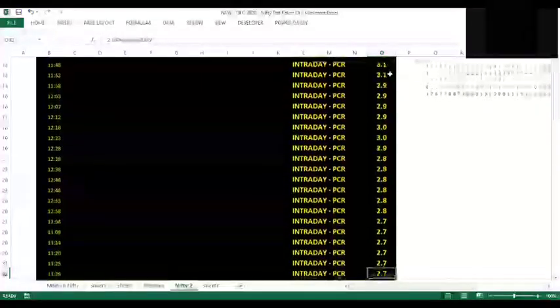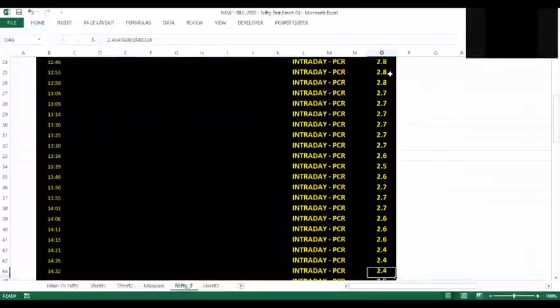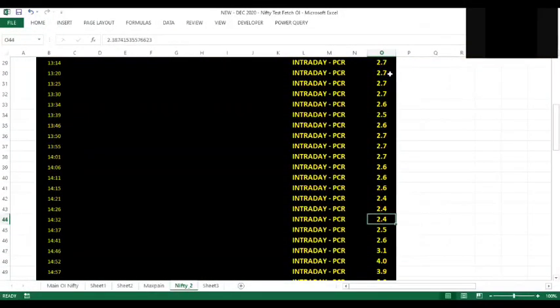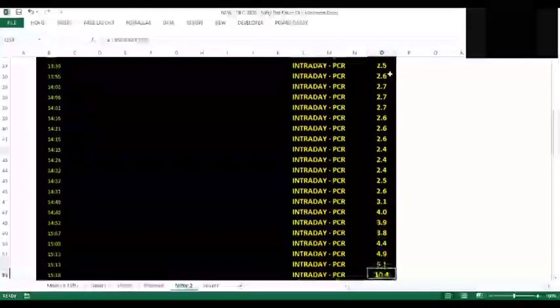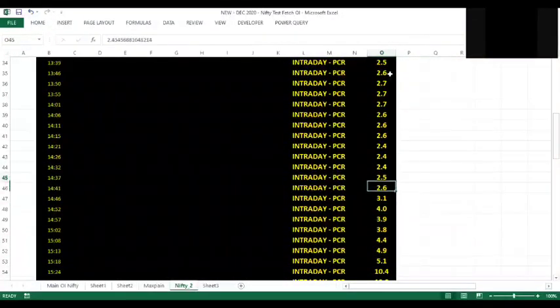Then suddenly at about 2:30, you will see it again started rising, 2.4, 2.5, 2.6, 3. This was the level when one could get alerted to say, fine, it went down and it has bounced back above 3. This could be used for intraday trading. Here at this level, one could have bought an ATM call and see the PCR then started moving much higher, right? So technically, from here also you can gauge the possible intraday market movement in the next couple of minutes.